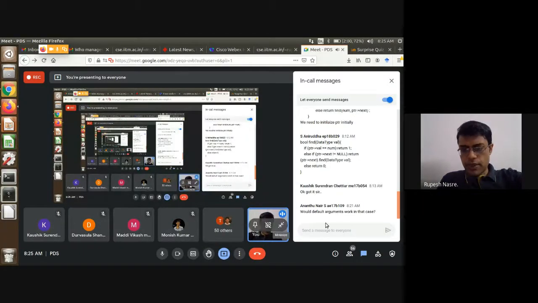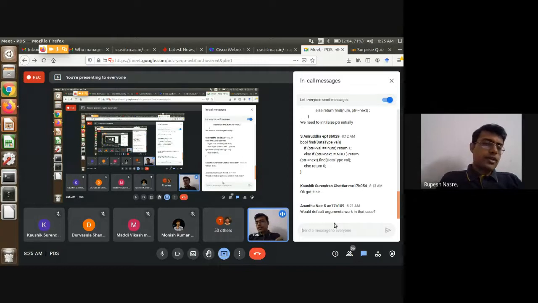Okay, would default arguments work in that case? Anantu is asking. So what is a default argument? In C++, we can have some notion of default arguments where you can specify, let's say, Node* ptr equal to head, or maybe some null or something like that. And that can help you call the function with different numbers of arguments.